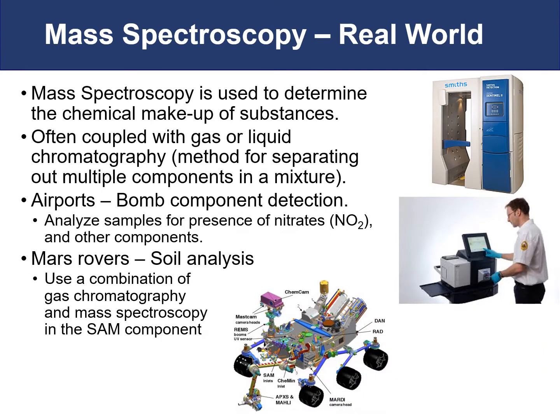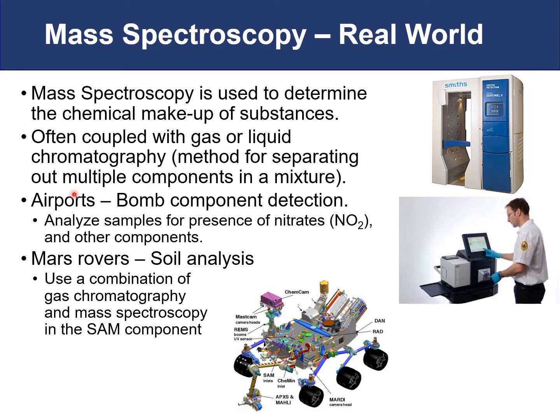Where we actually see this being played out is in a couple different locations. Mass spectrometers are widely used in the diagnostic industry. Mass spectrometry can be used to determine the chemical makeup of a substance. It's often coupled with gas or liquid chromatography. This is essentially a way of sampling out more complicated mixtures so that we can look at them one component